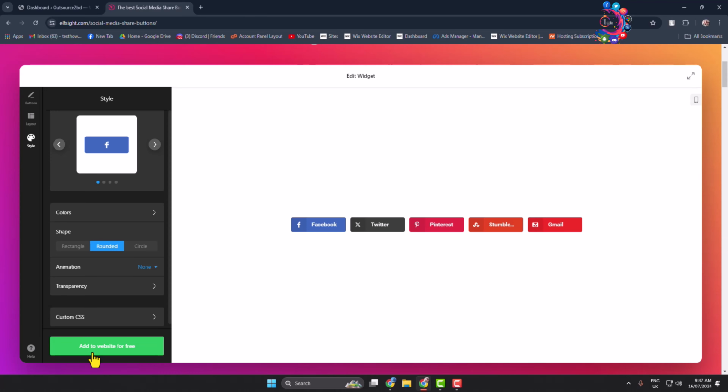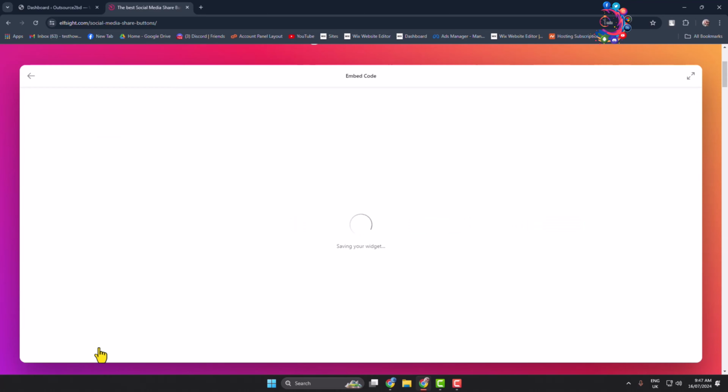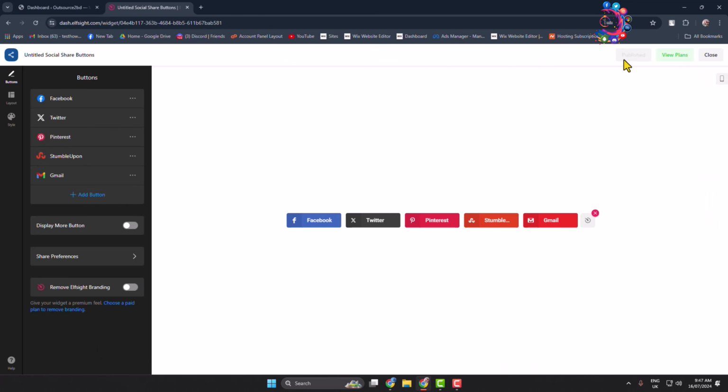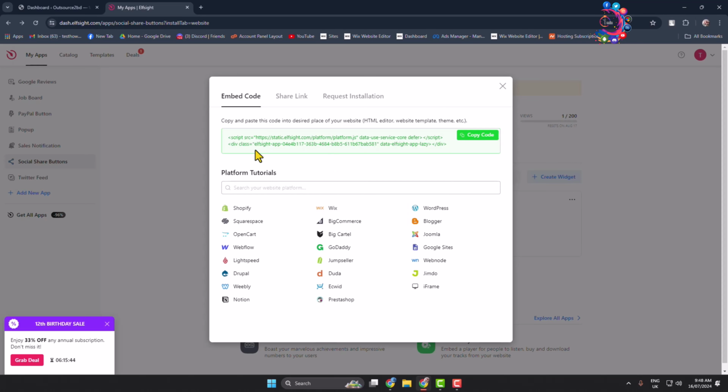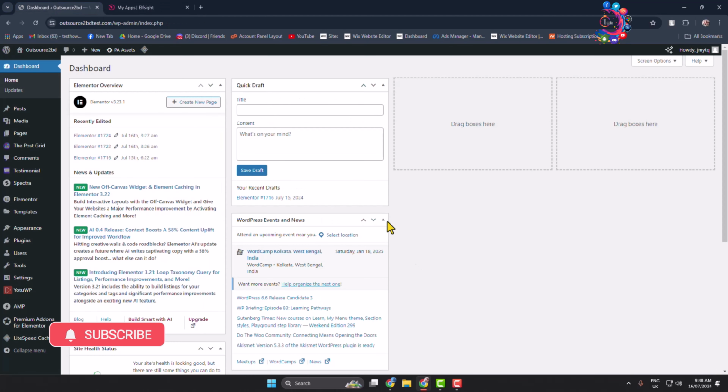Now just click on add to website for free, and here click on publish, and now here select this free plan, and then here a code will be generated for your social share button widget. All you have to need, copy this code from here, and then go to your WordPress admin dashboard, and now